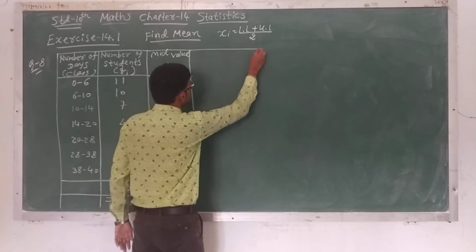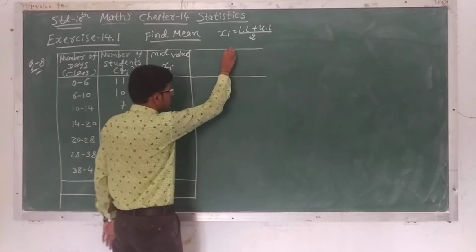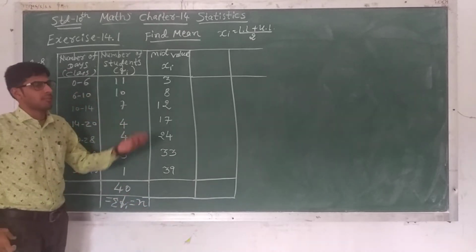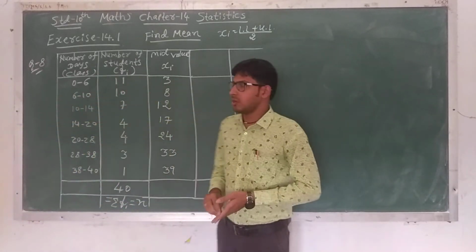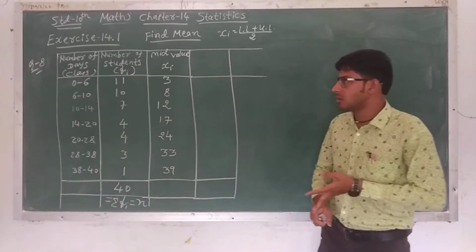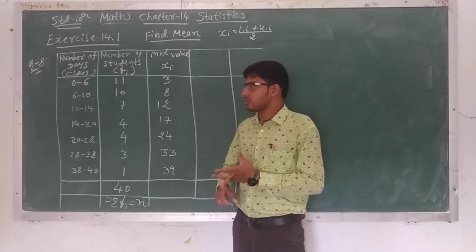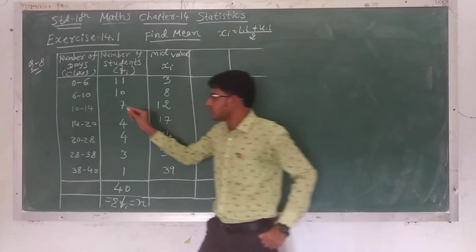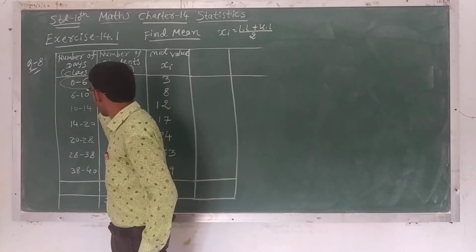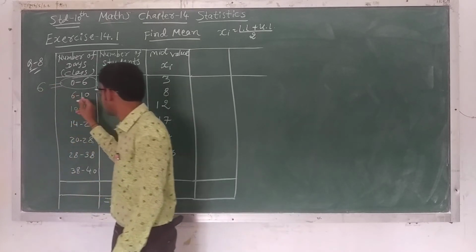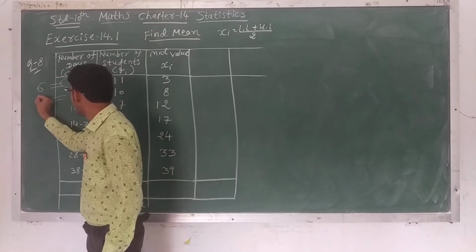Okay. The next column will depend on our formula. We have to decide which method to apply. There are in total 3 methods for finding the mean. First is the direct method, second is the assumed mean method, and third is the step deviation method. First of all we have to check the class length of the given classes: h equal to 6 to 10, so the class length will be 4.